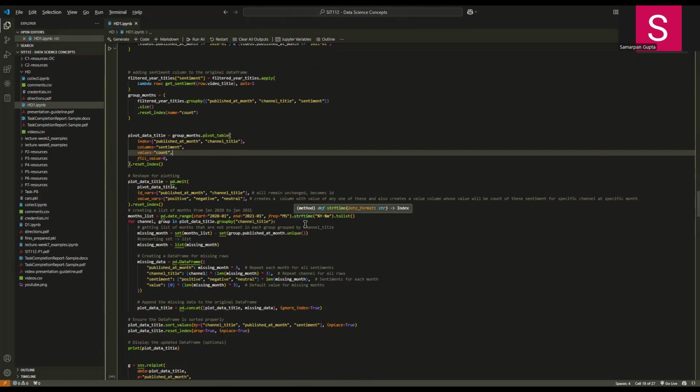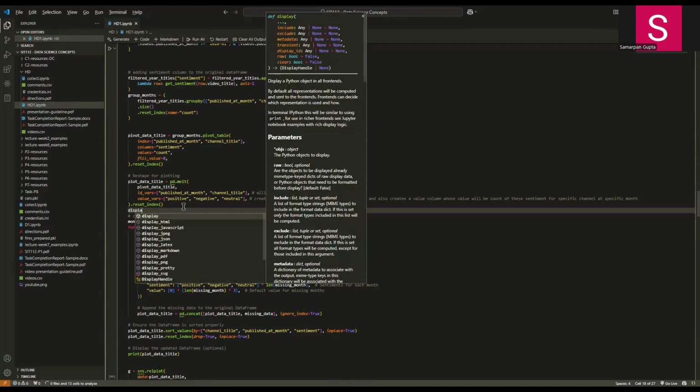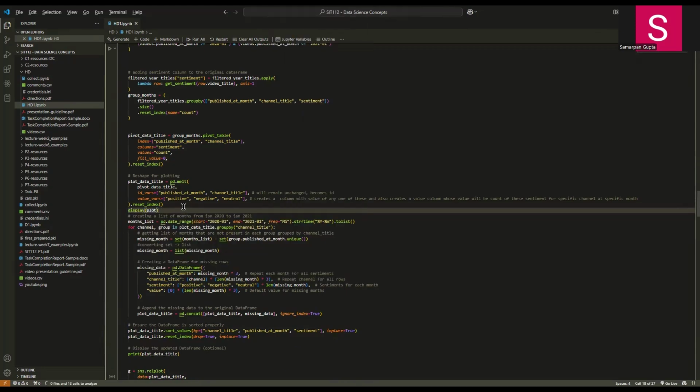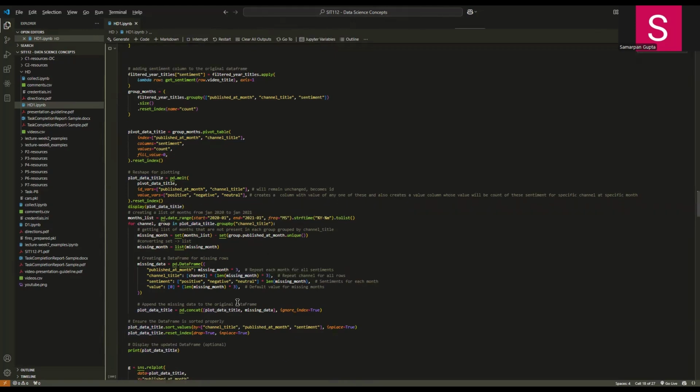After pivoting the table, we also have to melt the data frame. As we know, the melt function from pandas is used to convert the data frame from a wider format to a longer format, so that each row of the data frame has only one meaning attached to it. Instead of having one data point attached to two different attributes, melt converts those two attributes into a single row, so that one row only contains one piece of information. As you can see, our value vars has positive, negative, and neutral, which means there'll be a column for variable, and the variable column may have positive, negative, and neutral values. Let me just print it out to show the difference between the melted data frame, plot data title. There we go. So we're going to run.